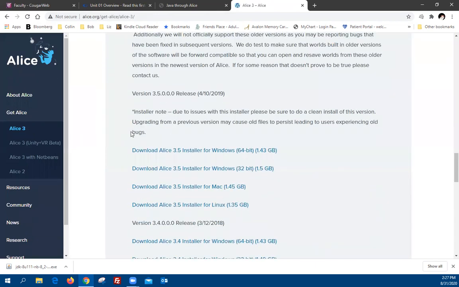You have to click on it and click on get 3.5 Alice. The 64-bit if you've got a newer computer, or the 32-bit if you've got an older computer. Guess what? If you got a newer computer and you put 32-bit on, it'll still work. All right? So I'm going to go ahead and install Alice 64-bit, but I'm going to go ahead and download